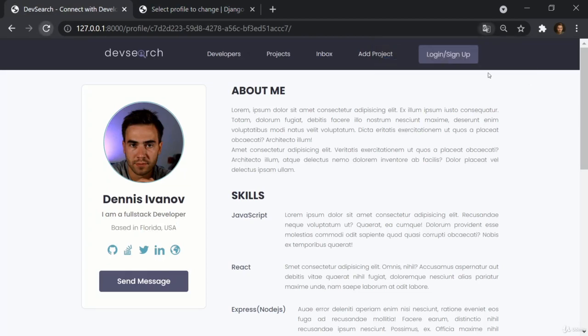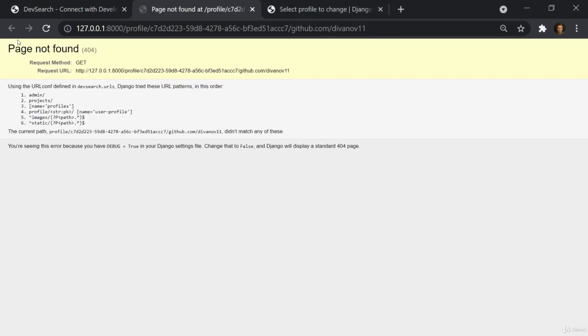So if I refresh this, Control-Shift-R, okay, so something didn't work. Maybe I didn't save the template. Let's see,